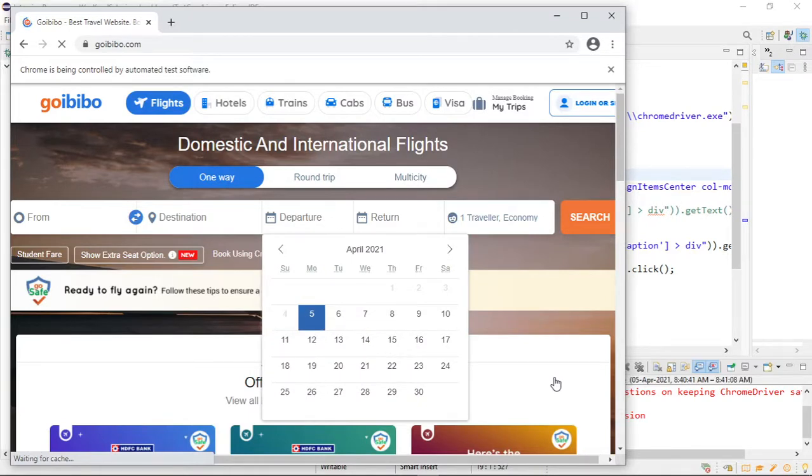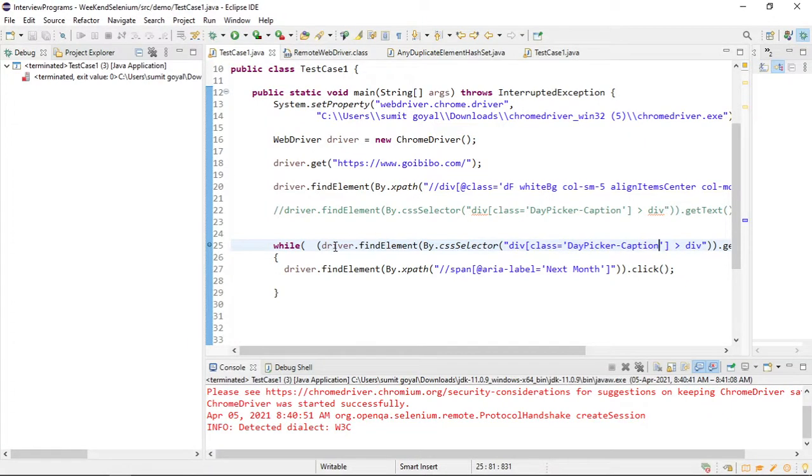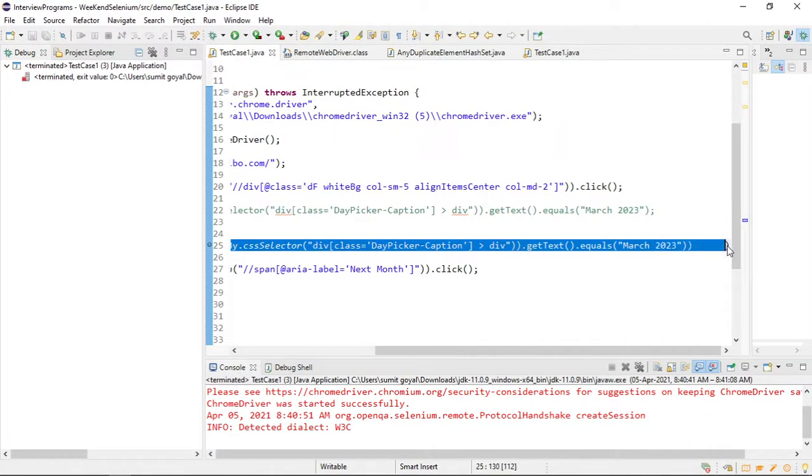Now it has clicked, but here it is not clicking on the next button. So what is the reason here? There is one issue. For the very first time, it will fetch this April 2021, right?